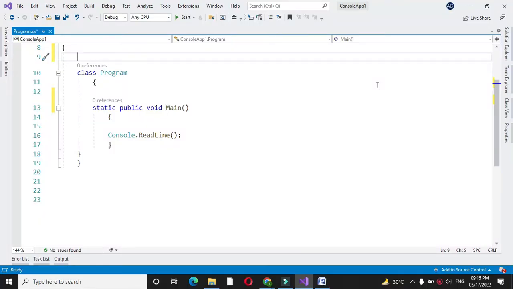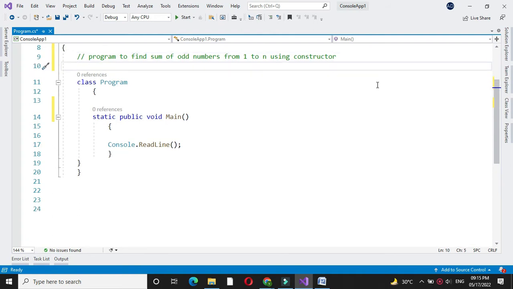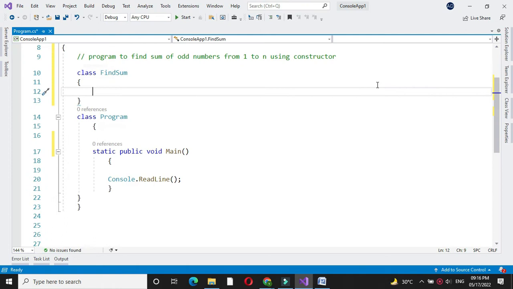Here we will write a program to find the sum of odd numbers from 1 to n using a constructor, where the nth term is accepted by the user. For this, first we will define a class. Here we are going to accept the nth term, so we will define one integer variable n